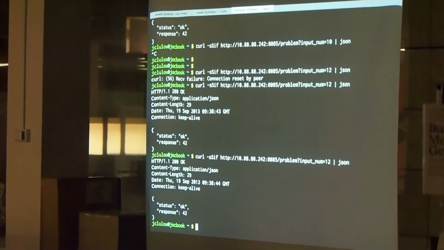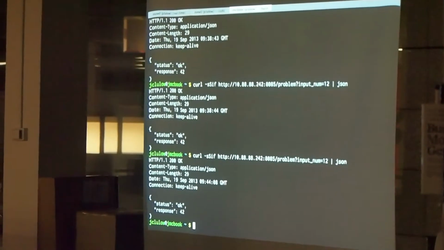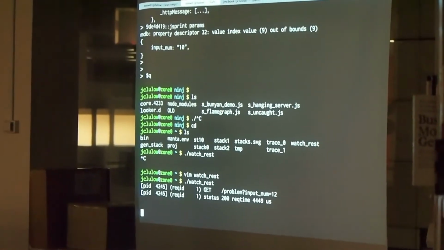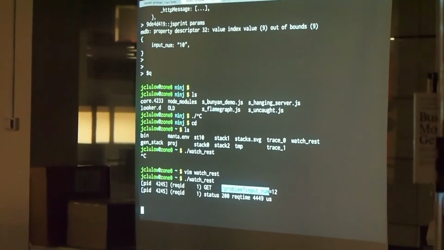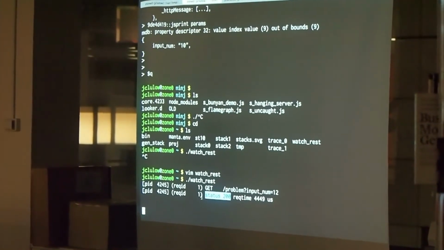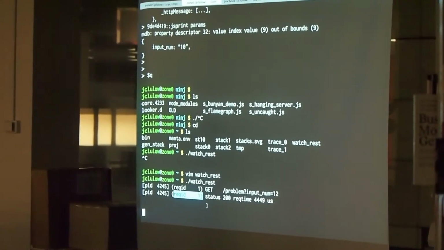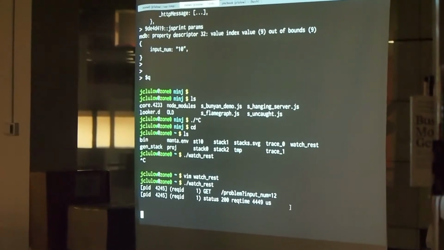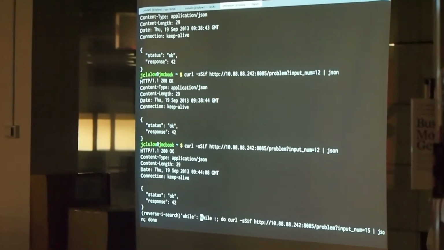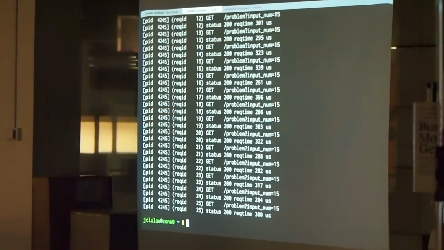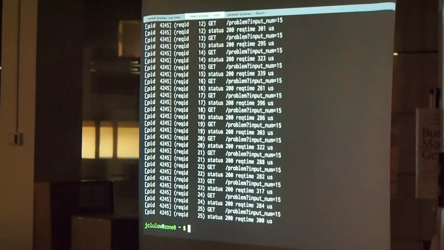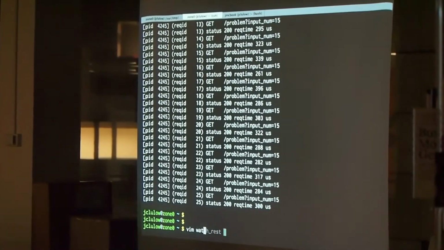So if we go and do a call there, you can see that we're able to get out of another process that's running. There was a get for a particular URL. The status was 200 at the end of the request. It's request ID 1, and it took 4 milliseconds roughly. And you can do them in a loop. So you can see each one there, and you can do things like